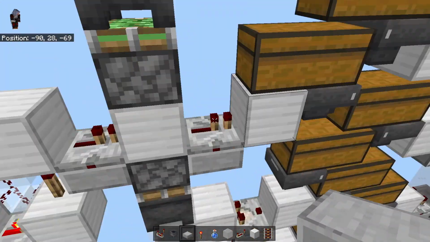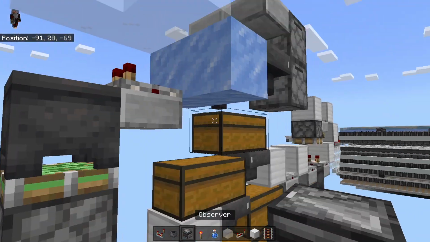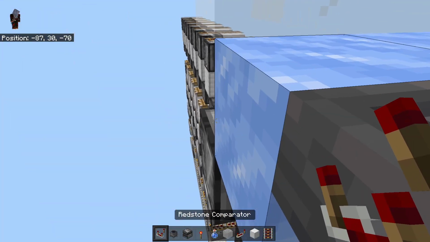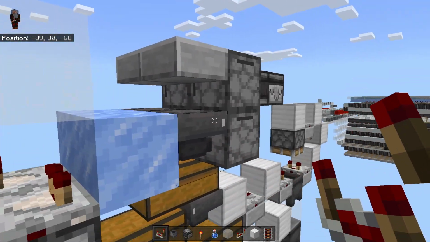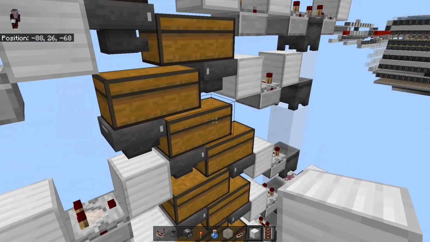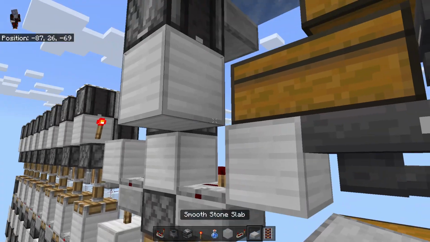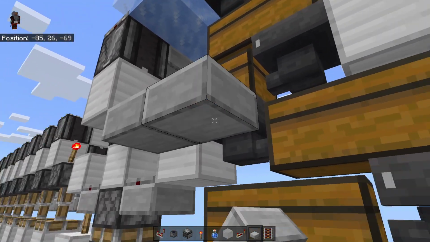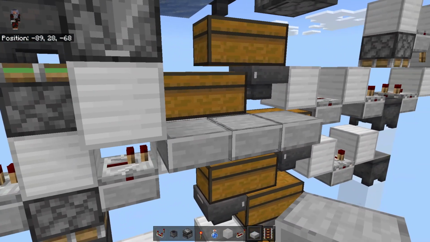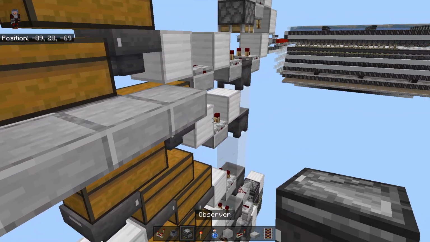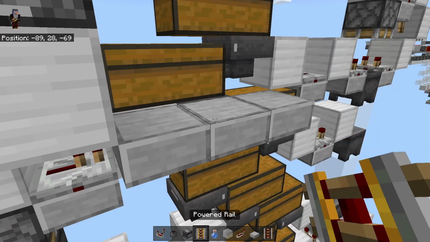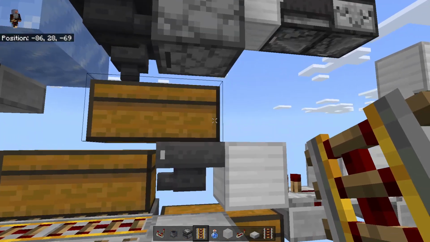And then we will grab an observer. Next to the slab, we're going to place an observer facing down with a comparator on top of it. It's just telling us there's something that went through there. A solid block. Some more slabs. So 1, 2, 3. And we are going to throw some rails on top of these. In fact, actually, 1, 2,